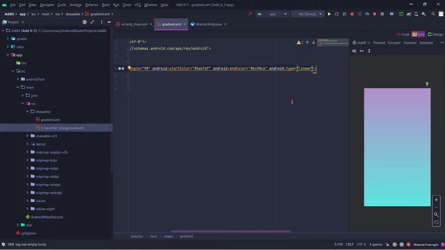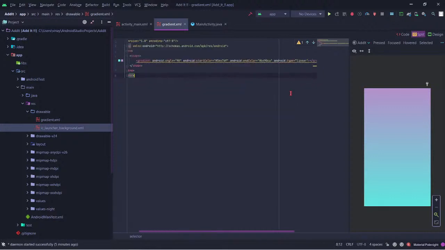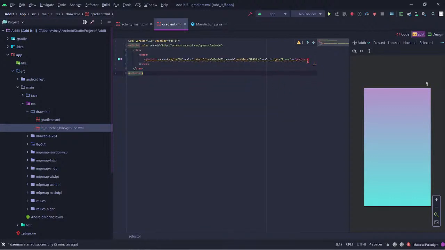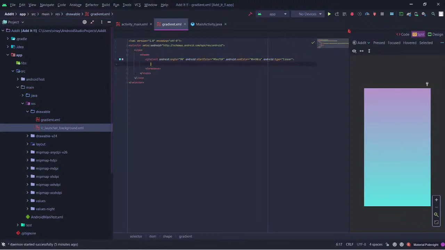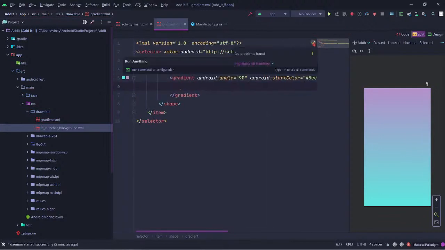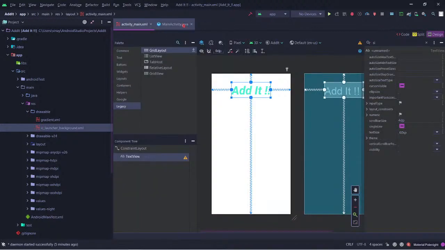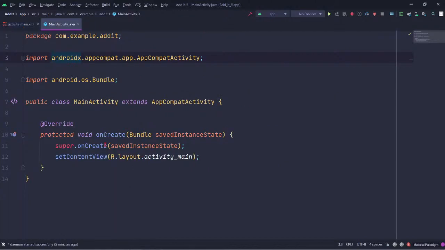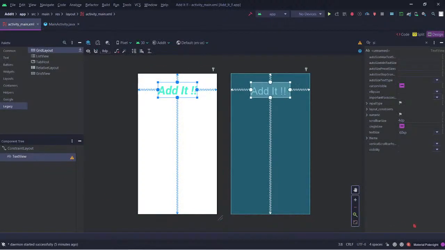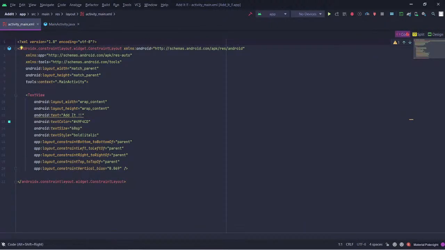I don't think there should be any error in our code, but still, for once I'll check it. Yeah, it's pretty good. I'll just do this. Yeah, you can see that all the errors are gone now and it is good. I'll just close this, go to over here, and then I'm going to hide this, and then I'm going to go to main XML, then I'm going to go to code,